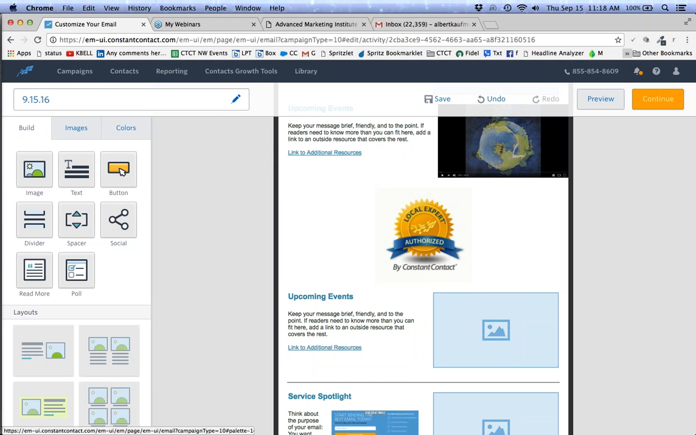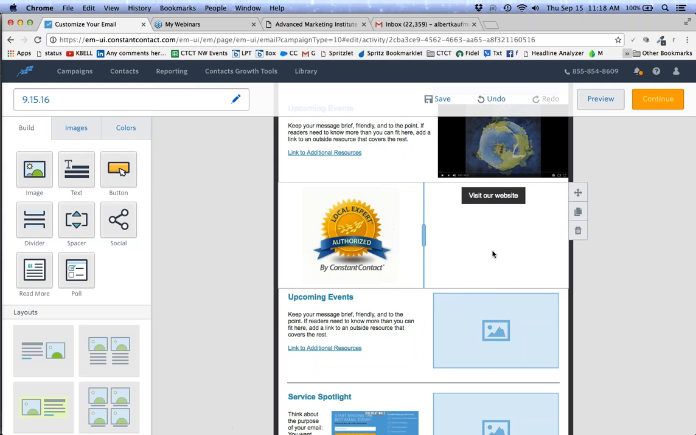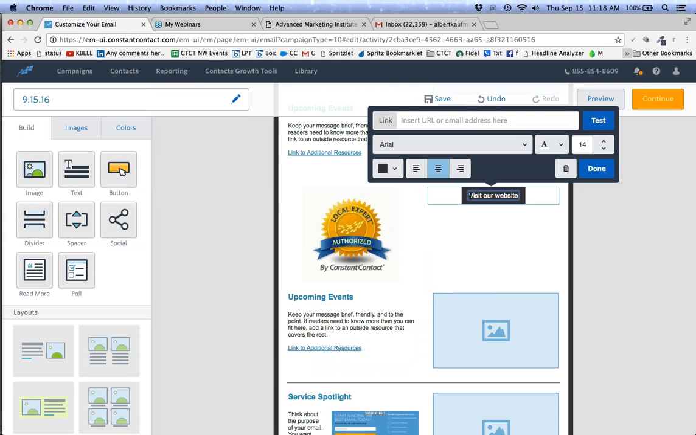Okay, so back to the build area. So we've talked about images. I can also take these various buttons and move them into place. So here's a button, for instance. Let's say I want to add a button here. So here's the button. It says visit our website. I might change that to say register